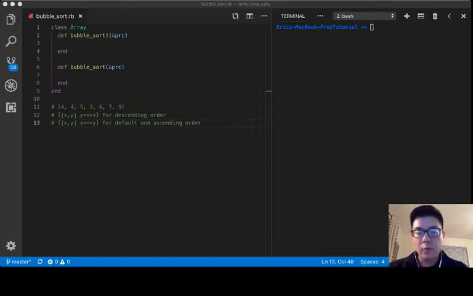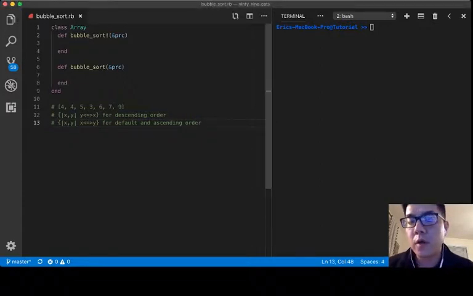Okay, today we're gonna be looking at the bubble sort. So the idea of bubble sort is that we're gonna take an array, obviously an unordered array, and look at the element that we are pivoting, and then compare the element next to the element that we're looking at. So we're gonna compare 4 and 4,